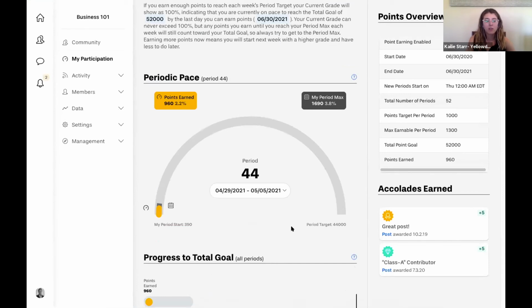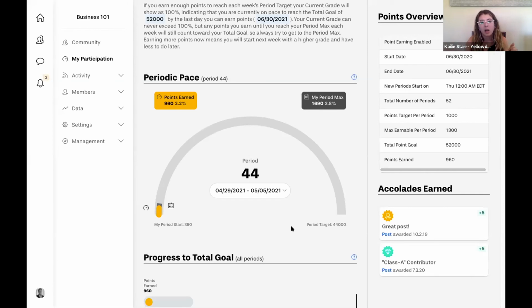So the way Yellowdig's points work is that you get a total semester grade or a total term grade, whatever that might be. And we have the notion of weekly maximums. This is again to ensure that students are participating almost every week. They're not necessarily front loading all of their points, or what's more likely to happen, waiting until the last week and getting all of their points. So we provide that weekly maximum as some